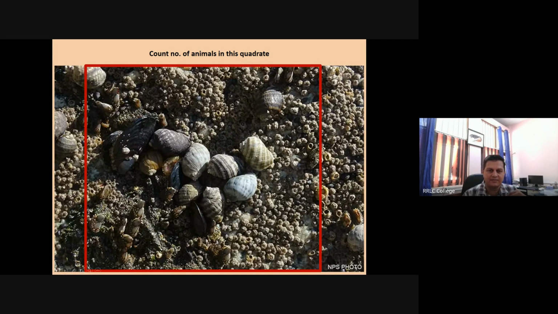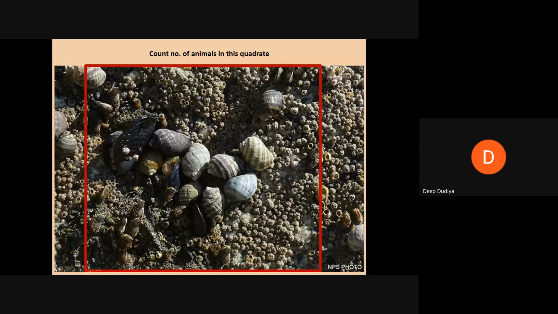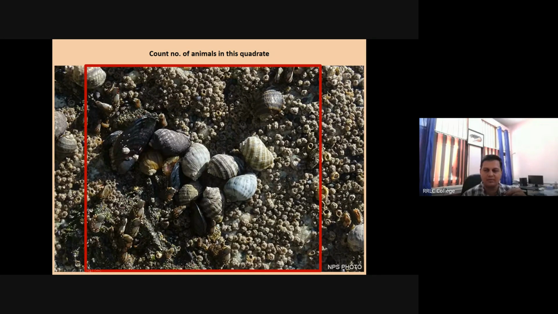If I say the larger animals are countable, right? But if I tell you to count the animals which are very minute, barnacles, the small ones you see in the back, can you see the barnacles? Yes, sir. Just checking that you are all there. I am not speaking to my screen. So it is very difficult to count all these barnacles in a 1 by 1 meter quadrat.